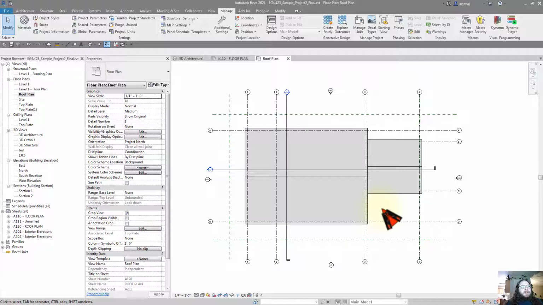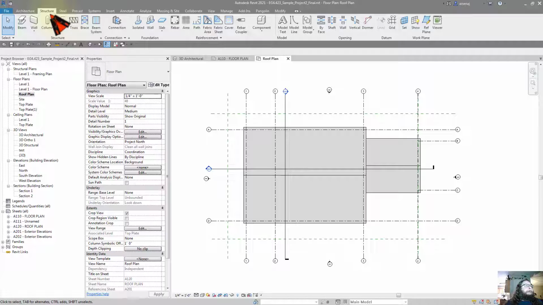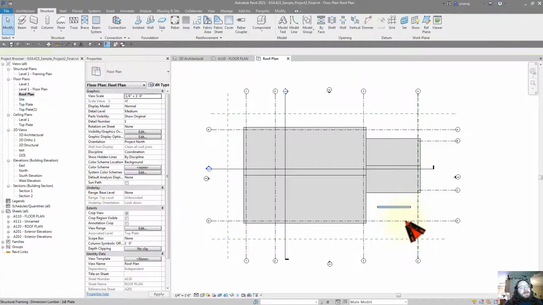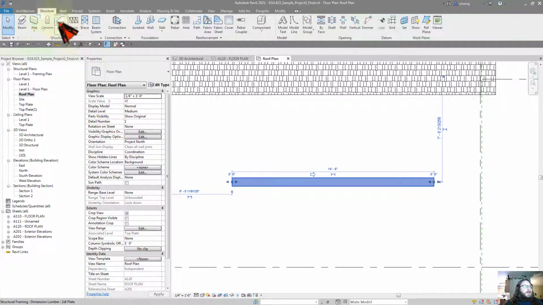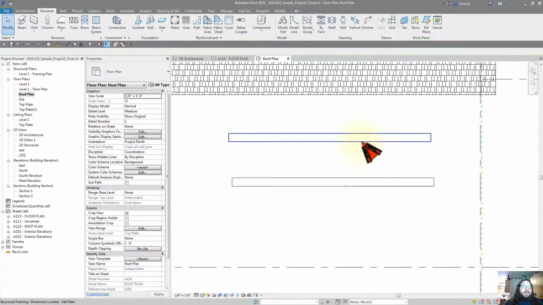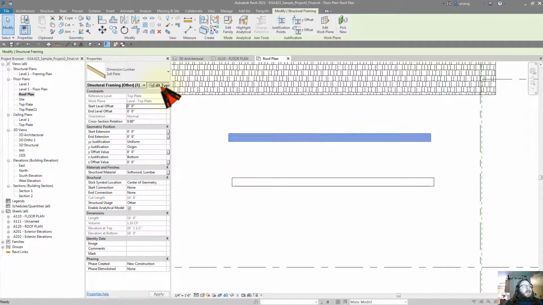Once you've created a material, you can apply it to various objects. So even if we wanted to create a beam, we'll zoom in. So I'm just using the scroll wheel to zoom in. I use the beam command to place a beam. I'm on the roof plan, and as you can see, it's placing it at the top plate, so we're looking down on it. That's why it shows up. If you try to place a beam in a different plane, it might not show up depending on the view you're in. So if we select the beam, edit type,